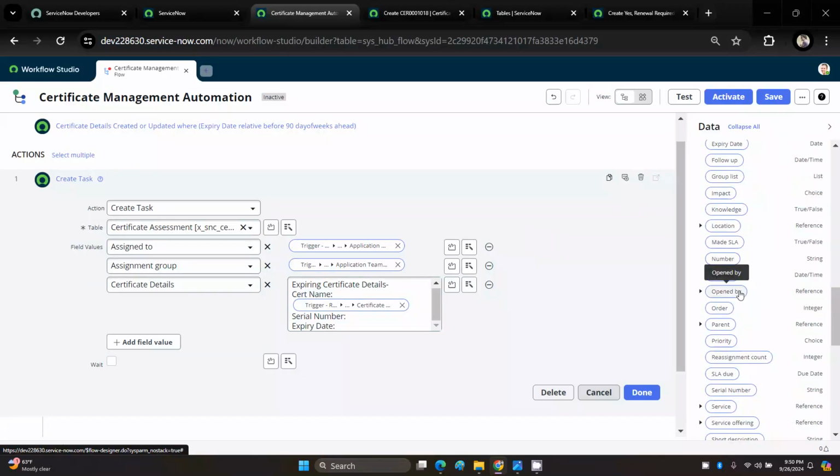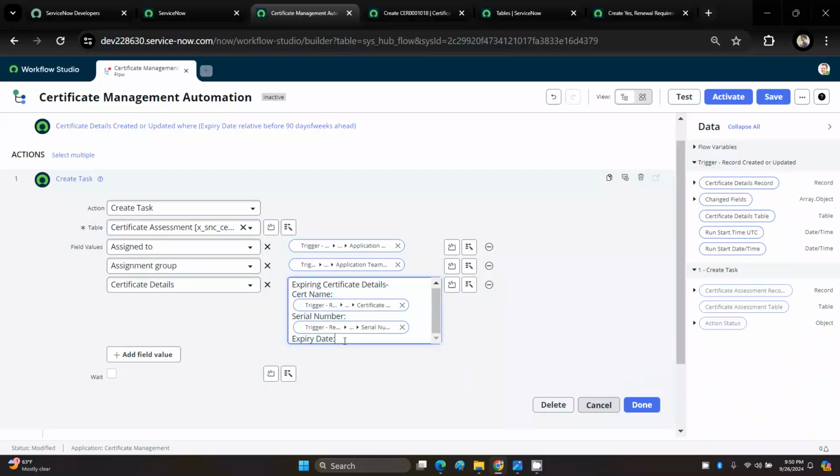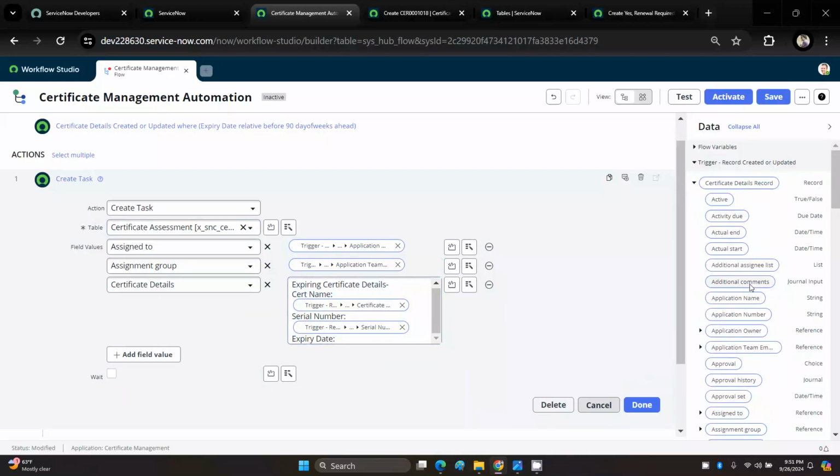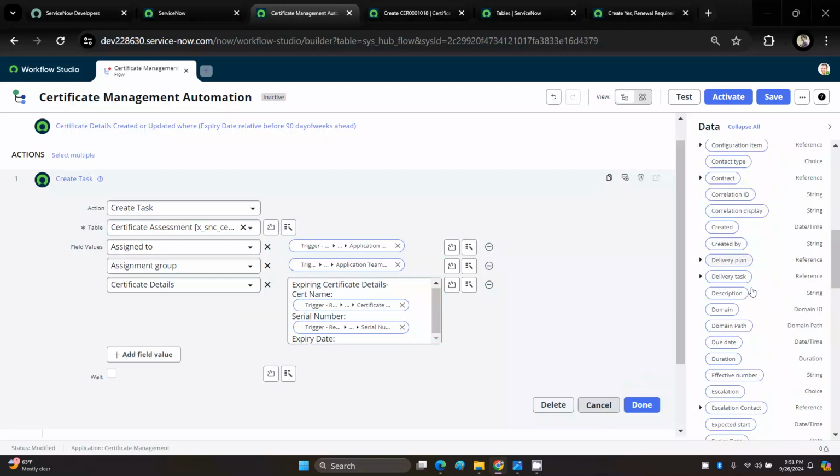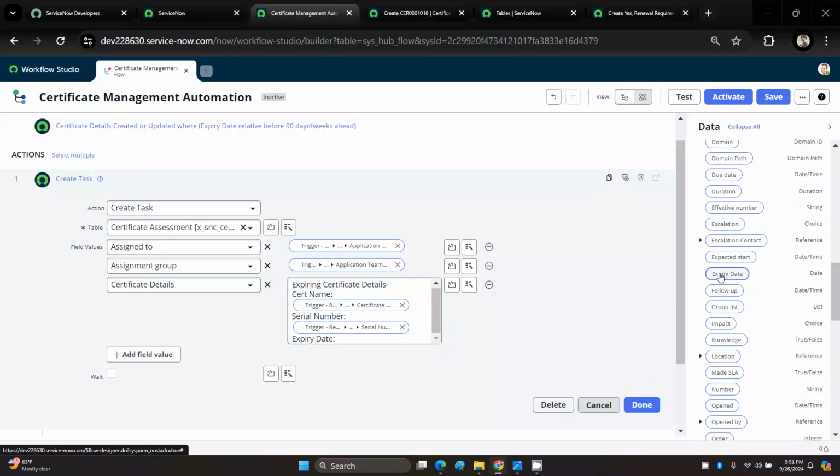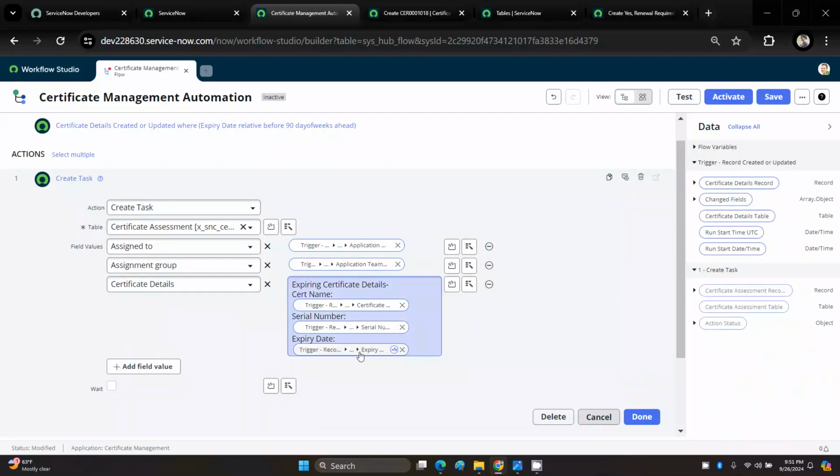It must be here somewhere. Okay, this is the serial number. Fine. Now I need the expiry date. Where is the expiry date? So I would say these, okay, let us start with this information and let me check the flow,